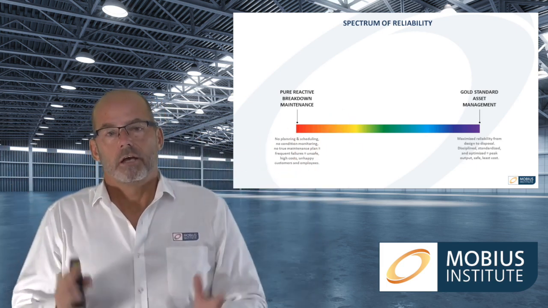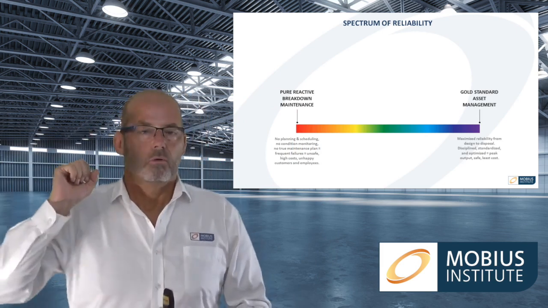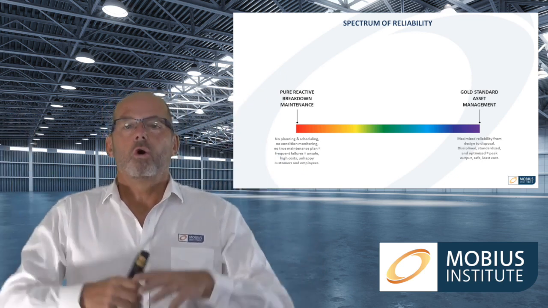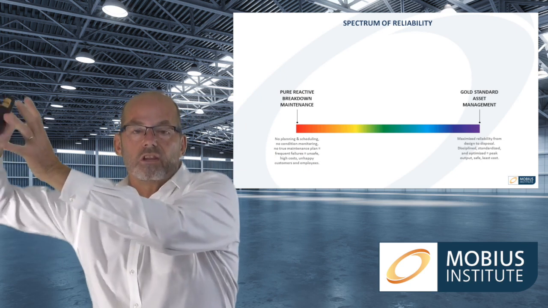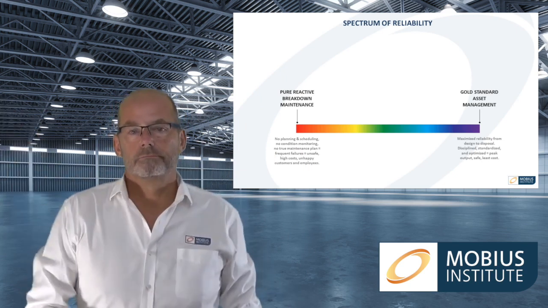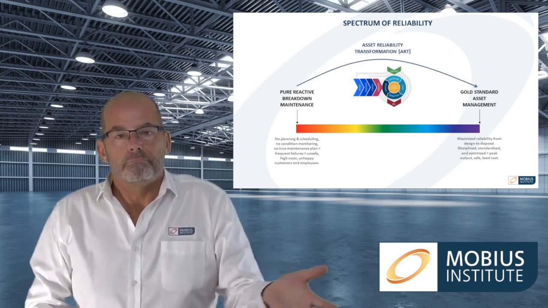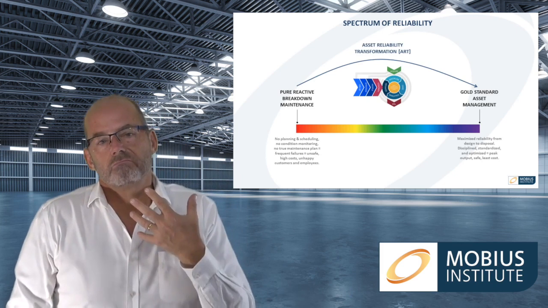We've got excellent planning and scheduling, spares management. We design everything right. We've got acceptance testing, all the things we could possibly hope for, and that's the ultimate goal. And we'd like to be able to go from reactive maintenance to the gold standard,